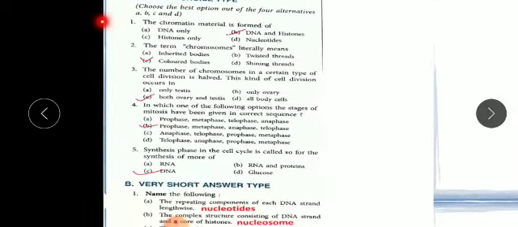Now, next exercise is your review questions, page number 19. You can see here, children, choose the best option. First one is A part, MCQ, multiple choice questions. In brackets it is written, choose the best option out of the 4 alternatives A, B, C, D. You are in class 10, you know how to solve it. First part is they have given the chromatin material is formed of. I have already explained this in my videos. So, answer is B, I have ticked it, DNA and histone protein.